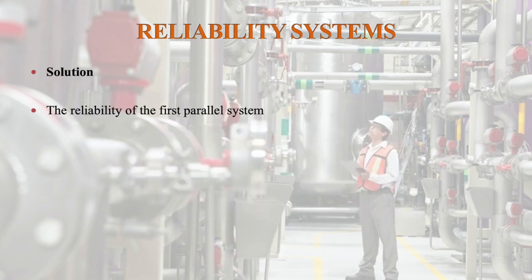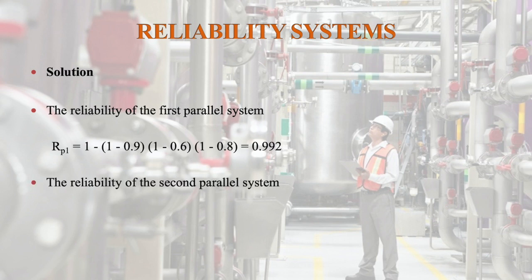Solution: the reliability of the first parallel system, Rp1, is equal to 1 minus of (1 minus 0.9) into (1 minus 0.6) into (1 minus 0.8), which is equal to 0.992. The reliability of the second parallel system, Rp2, is equal to 1 minus of (1 minus 0.8) into (1 minus 0.7) into (1 minus 0.9),